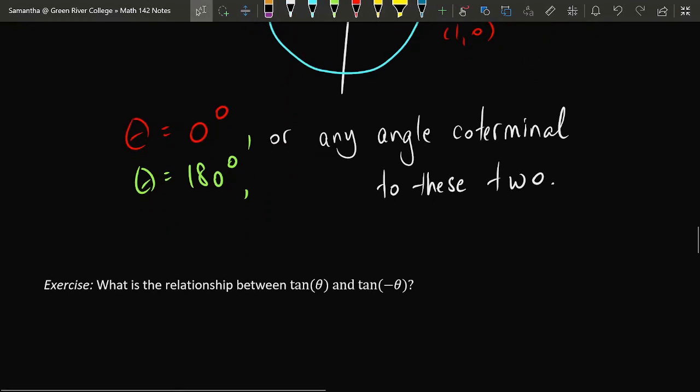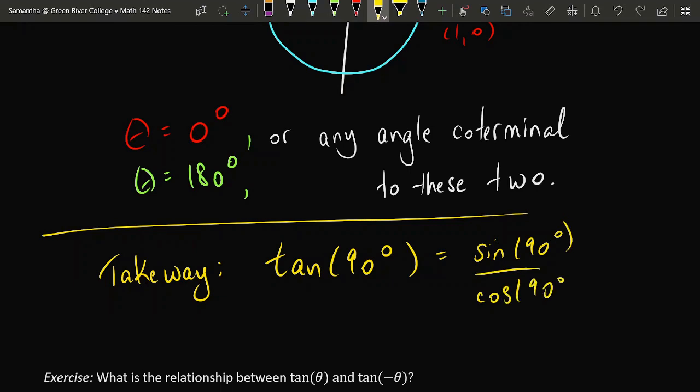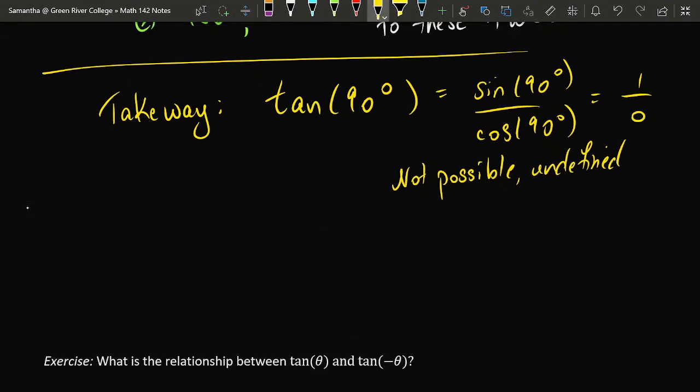So if someone asks you to evaluate tangent of 90 degrees, which would be equal to sine of 90 degrees over cosine of 90 degrees, something like this, 1 over 0, is not possible. 90 degrees is a number that cannot actually be plugged in to tangent, not if you hope to get an actual number out. So this is going to be a lot like, for example, something like 1 over x. If you have this function, you can't plug in 0,